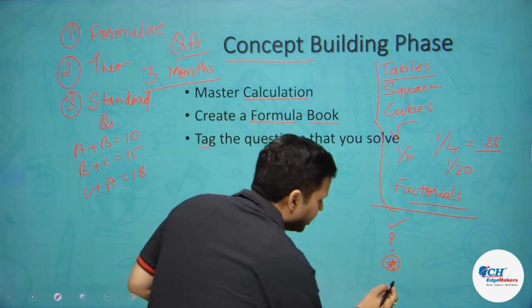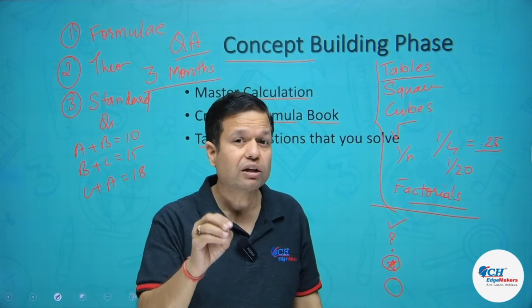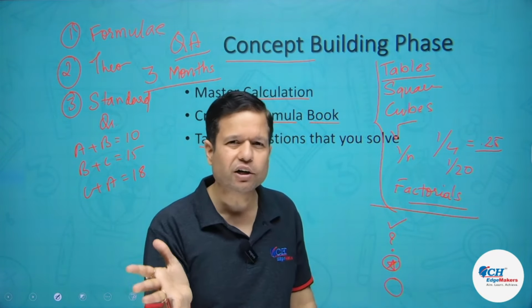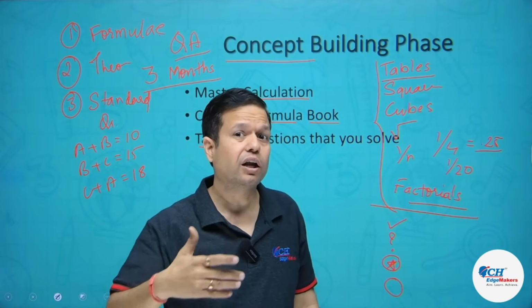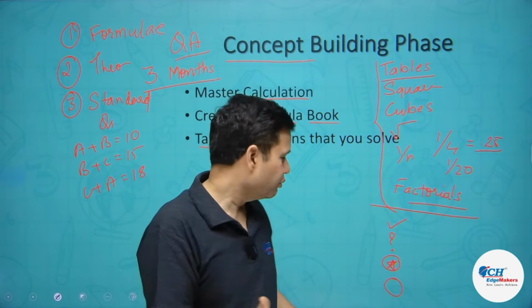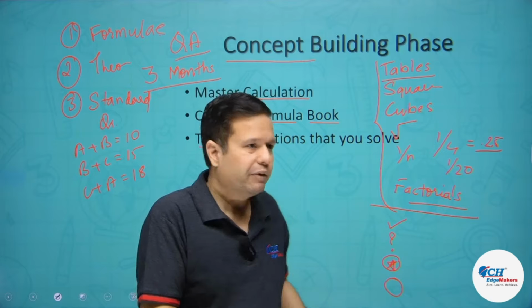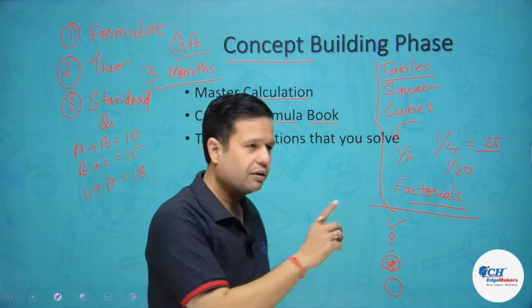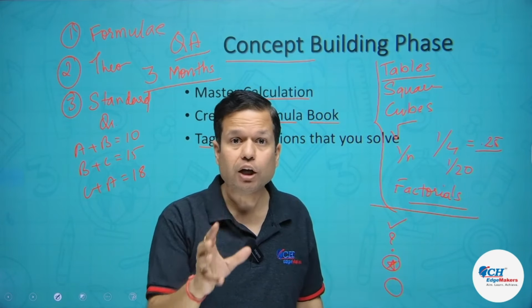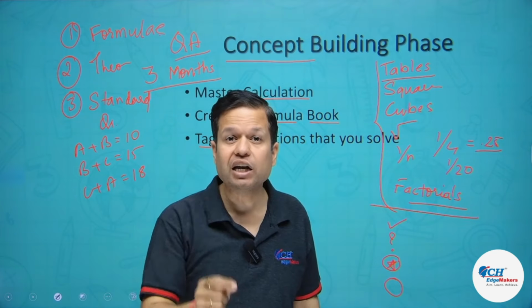You can put a circle. Now circle means I was able to solve it, but with some effort. Although it's not an important question, I still took some time. I had to put in a lot of effort to solve the question. So you have put a circle. Although it was not a doubt because I was able to solve it, it was not straight away like a piece of cake, like a right. So a circle.